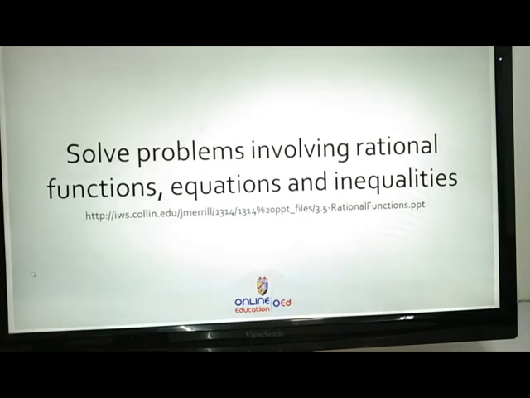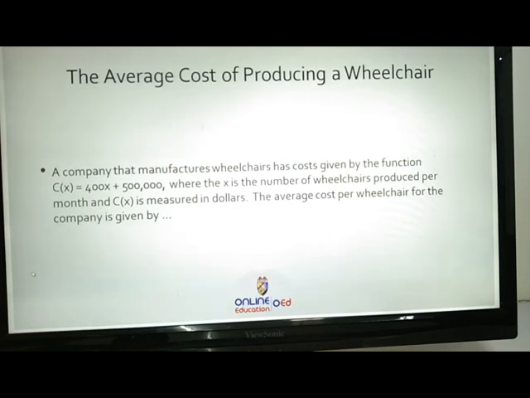Okay, solving problems involving rational functions, equations, and inequalities. So, the average cost of producing a wheelchair. So, a company that manufactures wheelchairs has cost given by the function c of x, okay, c of x representing cost, equals 400x plus 500,000, where x is the number of wheelchairs produced per month and c of x is measured in dollars. So the average cost per wheelchair for the company is given by,